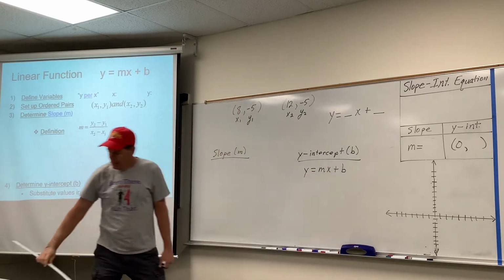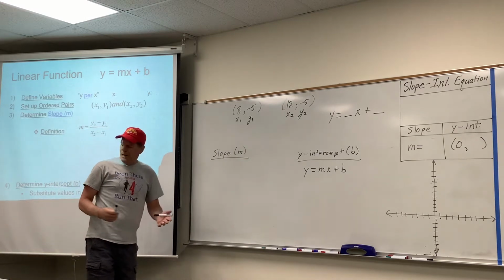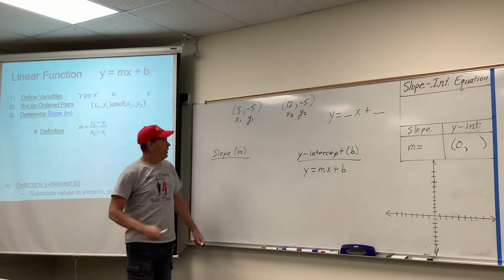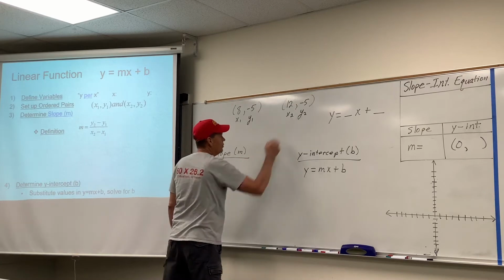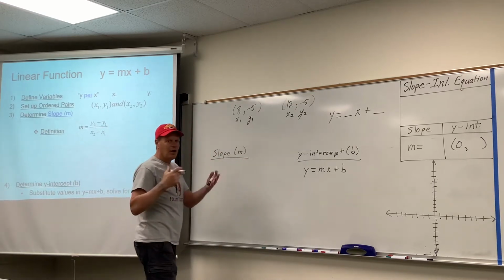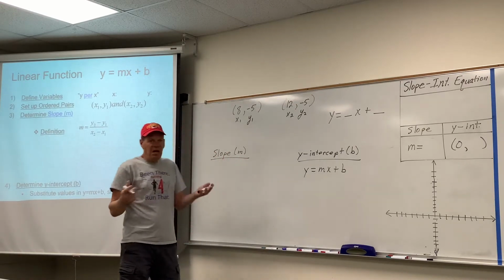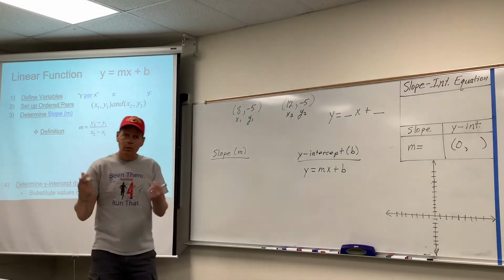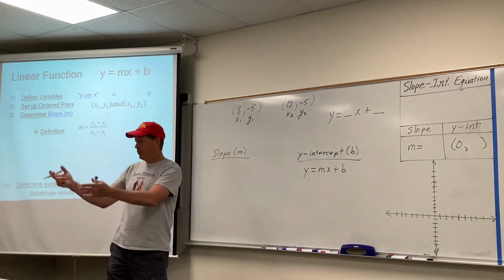All right, so, oh look, they gave us two ordered pairs. They gave us x1, y1, and x2, y2. Again, hit pause whenever you need to write these down. I hope you're kind of working them along with me like we would in class, like we're all here together,